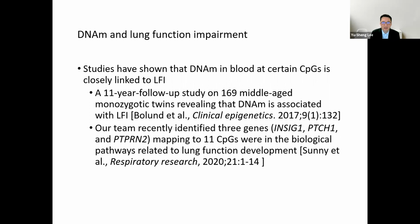So, DNA methylation and lung function impairment. Studies have shown that DNA methylation in blood and certain CpGs is closely related to lung function impairment. For example, a study followed 169 twins for 11 years, and they found DNA methylation is associated with lung function impairment. And our team recently identified 3 genes mapping to 11 CpGs that were on the biological pathway related to lung